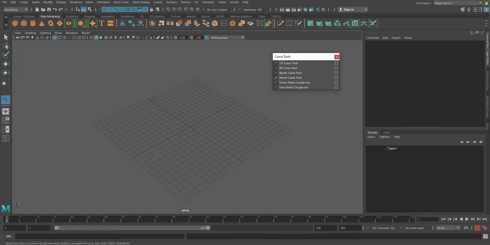It's exactly like the curve tool which you must have used in Photoshop, like the path or pen tool, or if you have used any other graphic software like CorelDRAW or Adobe Illustrator, you must have used it over there also. So it's like click and drag, and you can have these handles over there, the Bezier handles,